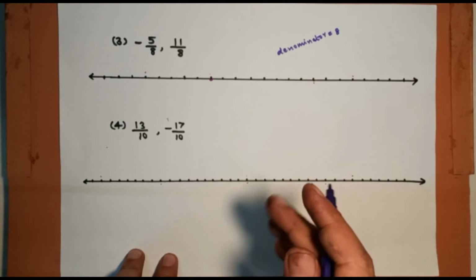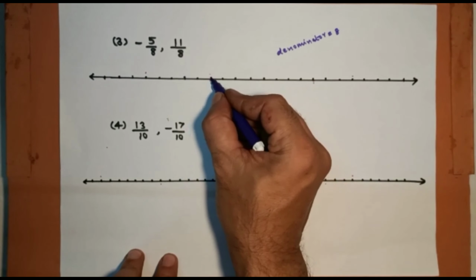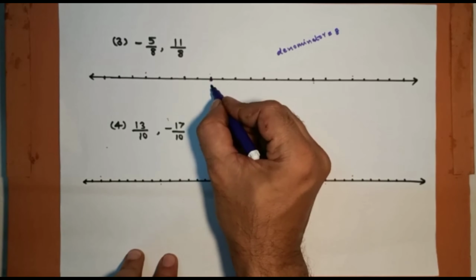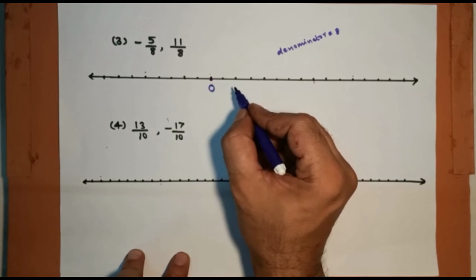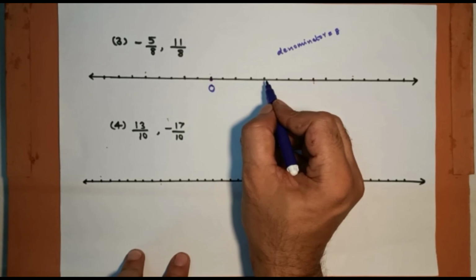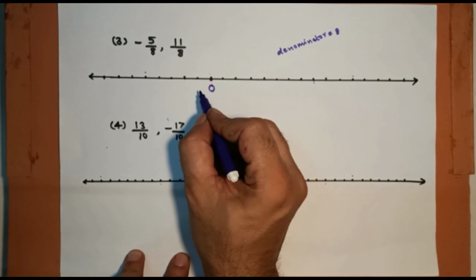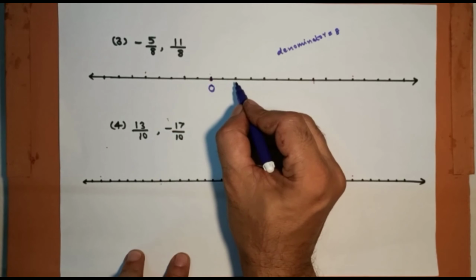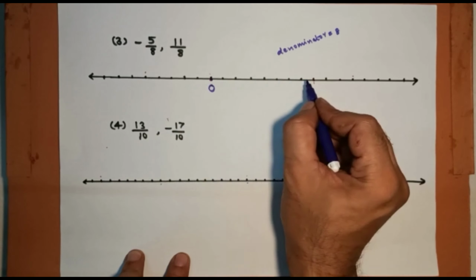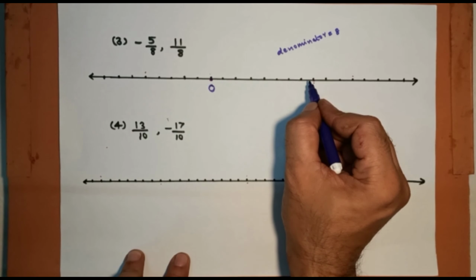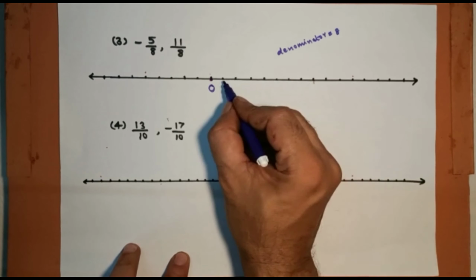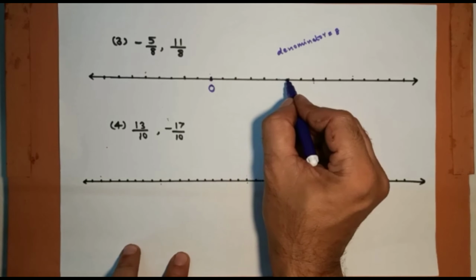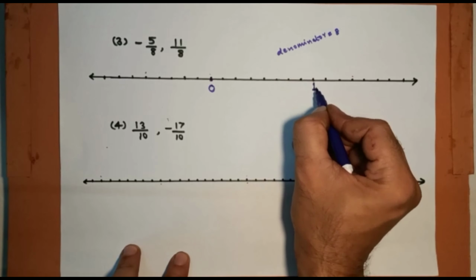Before we go ahead, first of all we have to choose any point as 0. To its right side there are positive numbers, whereas to its left there will be negative numbers. The 8th point will be your 1, the 16th point will be 2, and the 24th point will be 3, for the points to its right. Just count 1, 2, 3, 4, 5, 6, 7, 8. This 8th point will be 1.